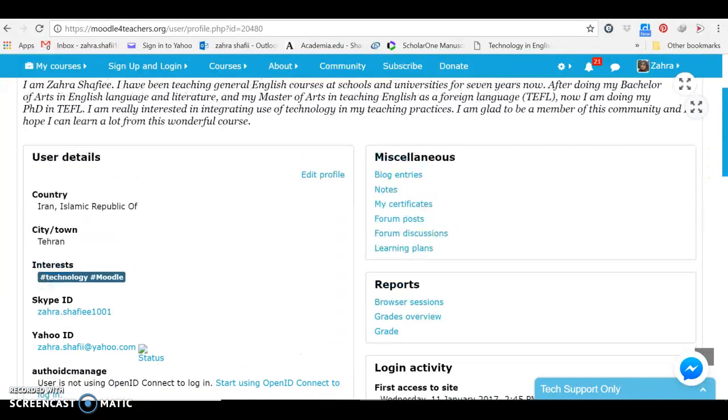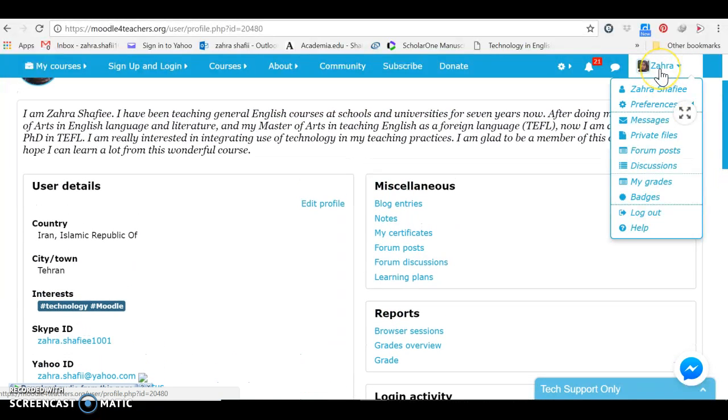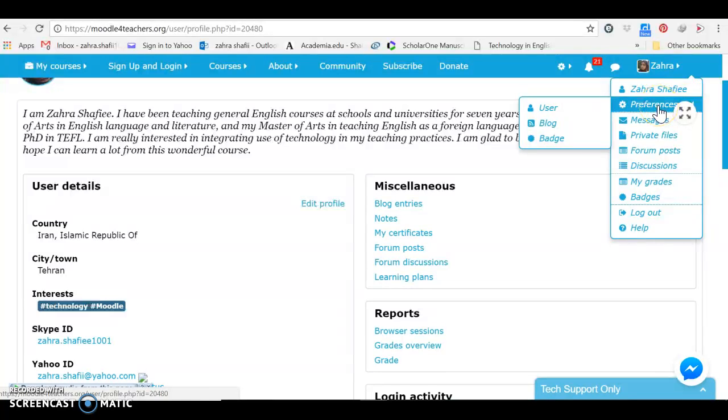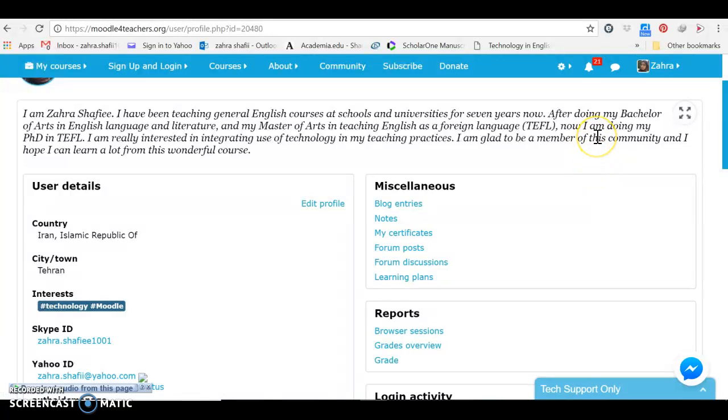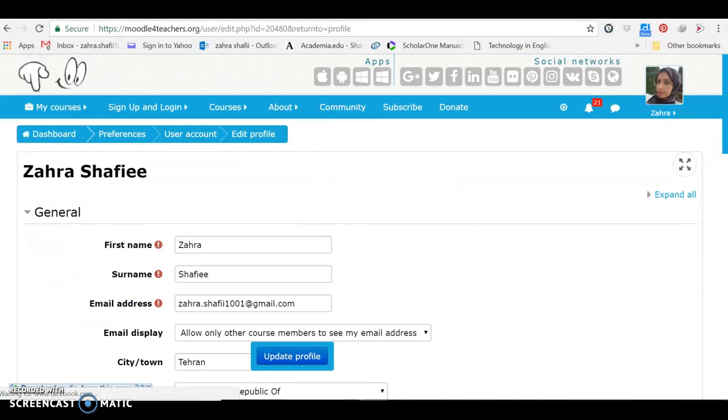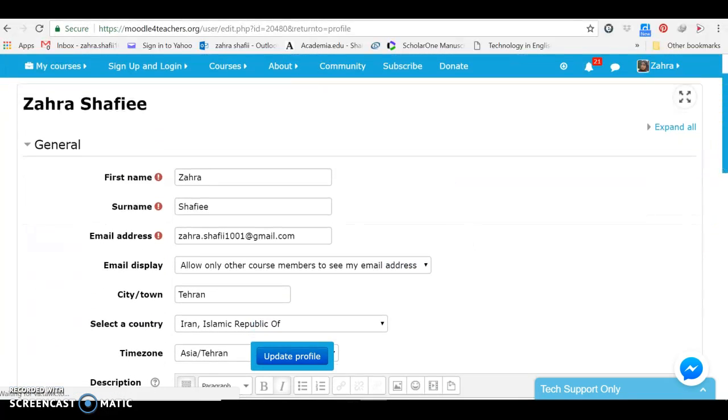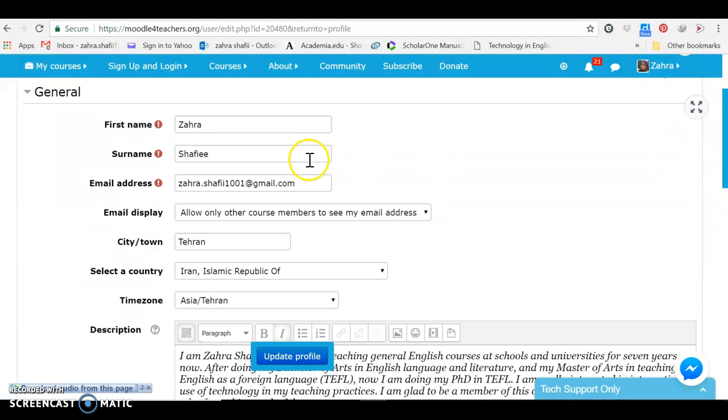Now if I want to edit my profile, I can, as I mentioned here, go to preferences. Of course, if I'm in the profile, I can edit it from this link, edit profile. So if I want to edit my profile, I come here: my name, surname, email address, email display, city,